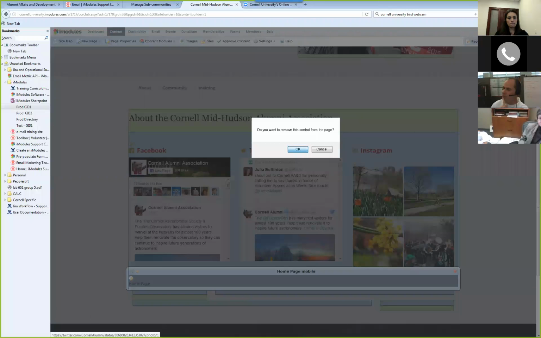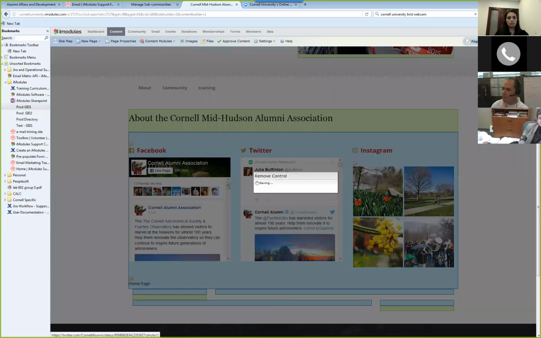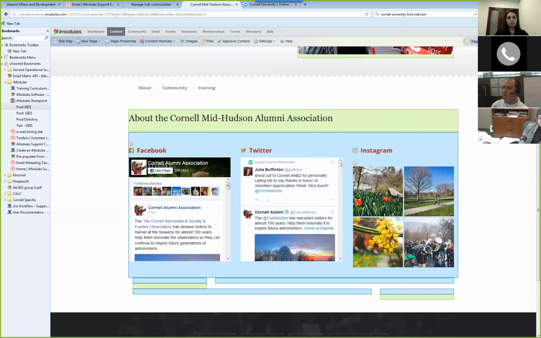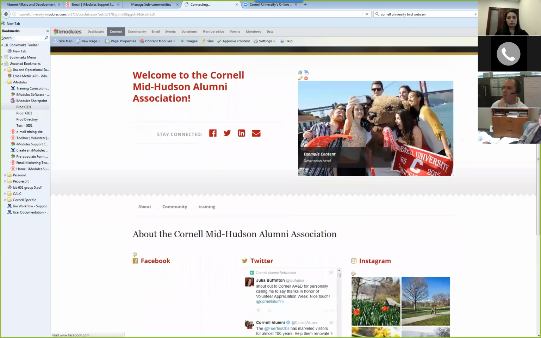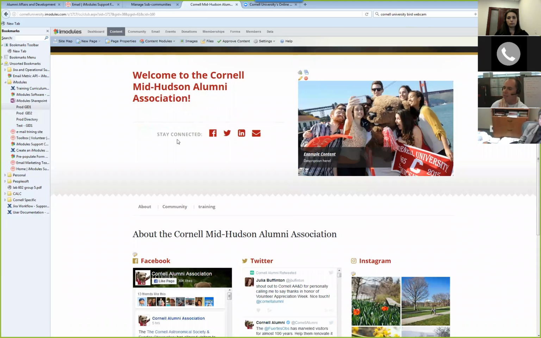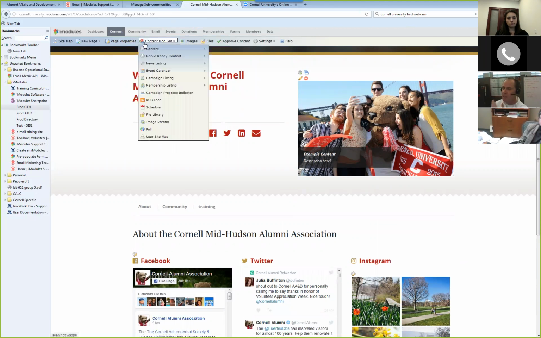Do you want to remove that little block? Often what can happen is, if I click the little content button up here again, it goes back to our normal page. And sometimes, I will tell you, getting these little blocks to go in the right place is very sensitive. So again, it's a perfect example of what can happen. Sometimes it does go in the right place. We just delete it and move it back in.